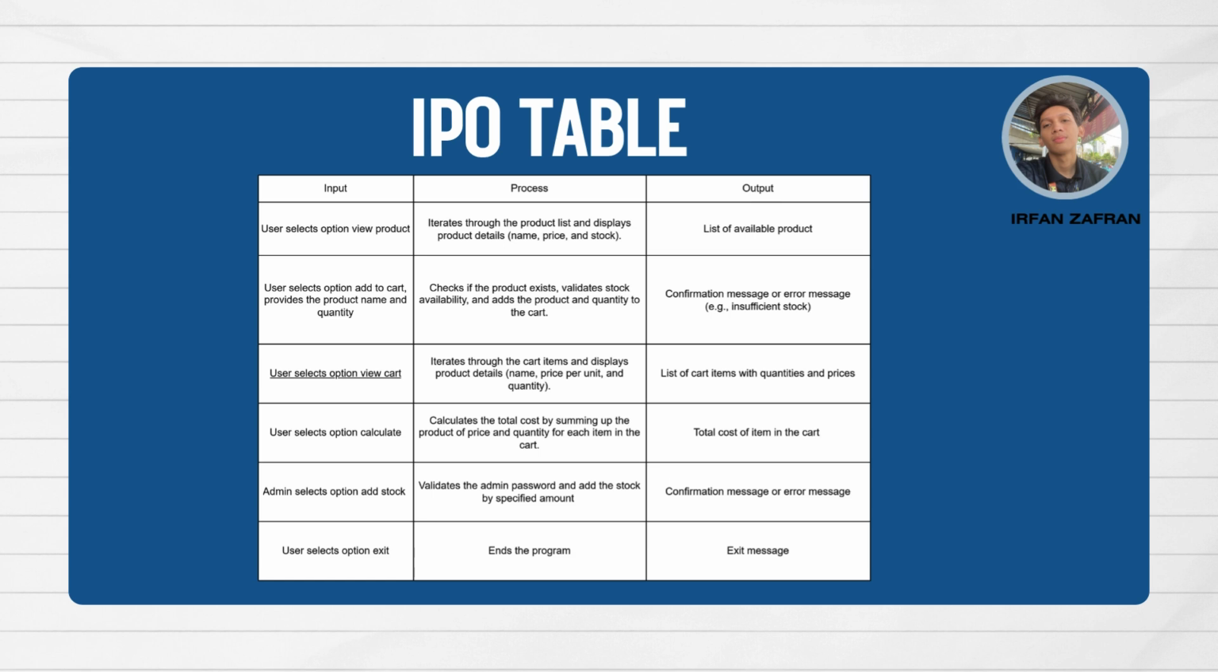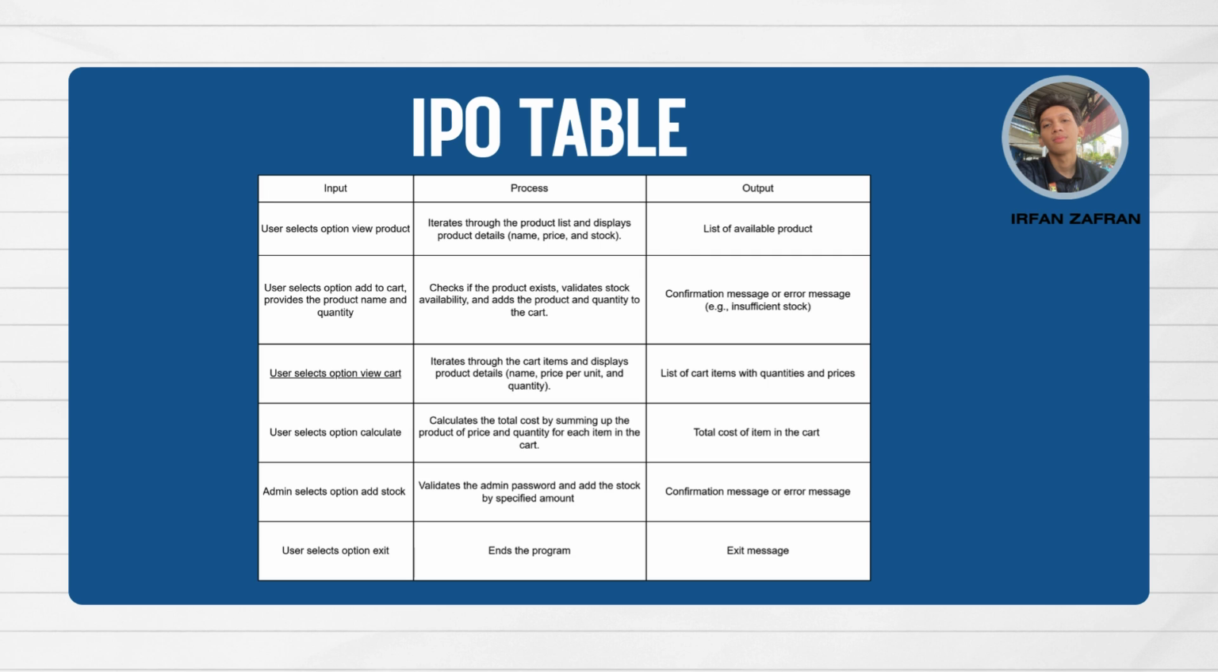And this is the input table. For the input, the user selects the option to view products, the user selects the option to add to cart and provides the product name and quantity, the user selects the option to view cart, the user selects the option to calculate, the admin selects the option to add stock, and the user selects the option to exit. So the process: it will go through the product list and display the product details, name, price,